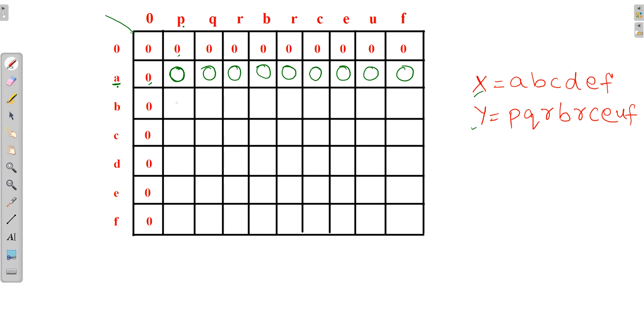Then we will go for B. B is not matching with P, Q, R. Now here we got B, so it will add 1 to the diagonal element, so that I'll get value 1. Now we will proceed further. B is not matching with R, so it will take the maximum value out of 1 and 0, 1, 1, 1, 1. Then for C,